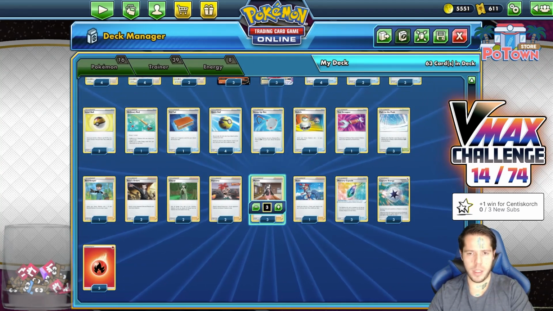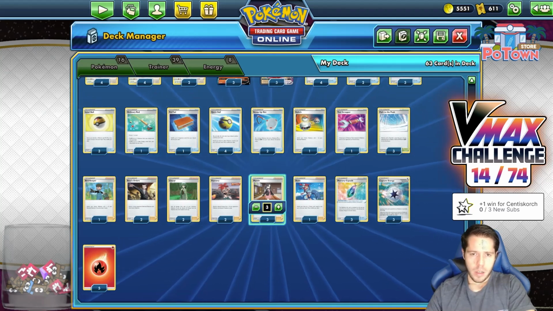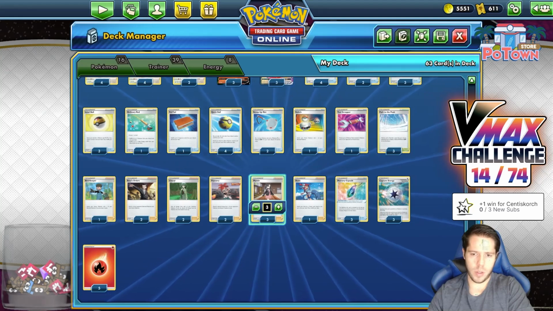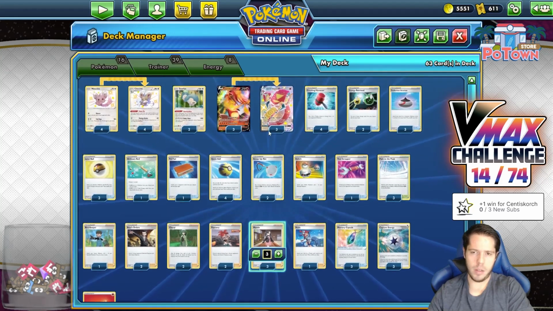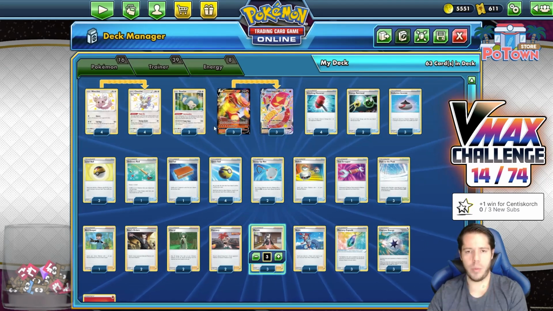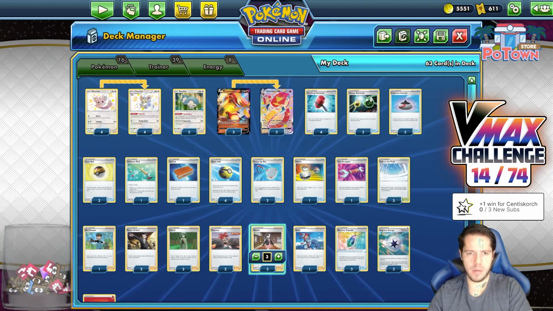They only had 3 Crushing Hammers. Only had 2 to Centiskorch too, which that seems a little risky overall. 2-2 would definitely open up some space, but